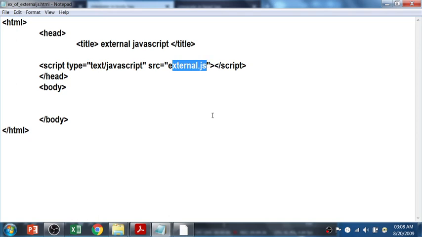Remember, your JavaScript file, where you are going to write the JavaScript code, has the extension .js, and this file's extension is .html. Close head, close body. You can see there's nothing in my body element. I'll show you the external JS file. For that also you have to